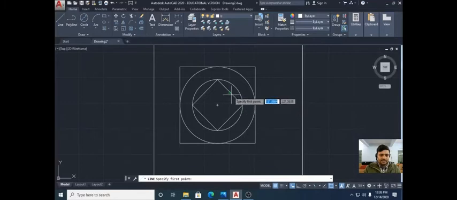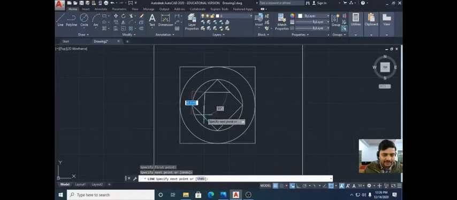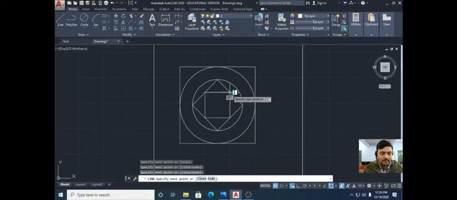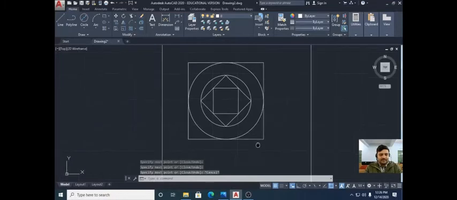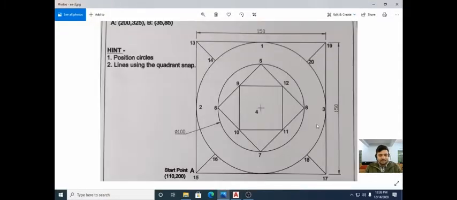Now you will see a green color triangle which shows the midpoint of the line. Click over here, click onto another triangle, then another, then another, and then another. Now press the escape button. You can see that we have made the figure very clearly as it was given to us.